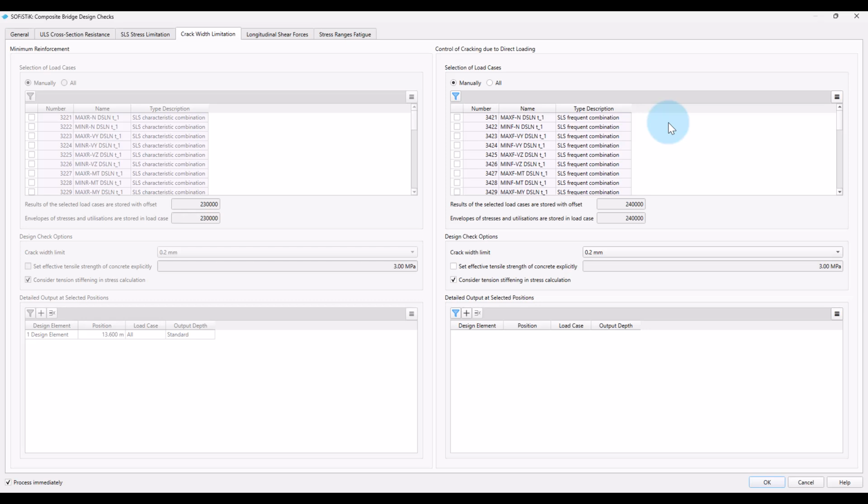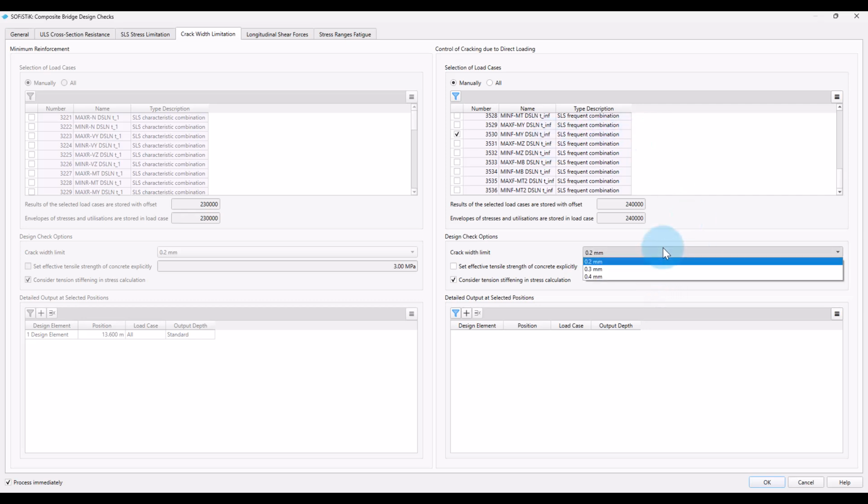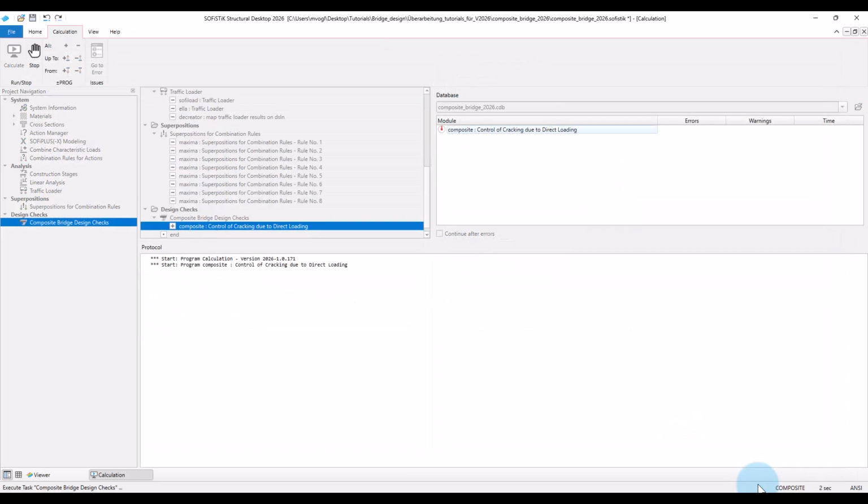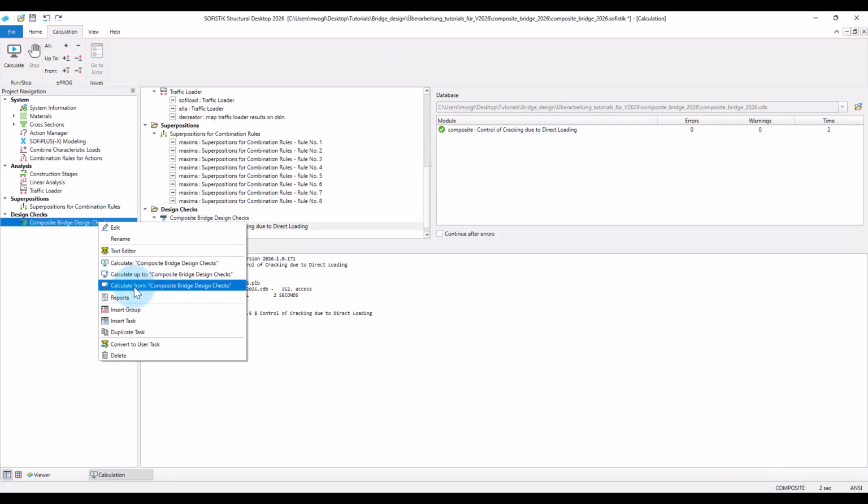So these are the superposition load cases that are offered for the selection. Once again, we select the load case superposed for minimum bending moment My at the end of life cycle, supposed to give the highest reinforcement stress. We once again select the crack width limit and request a detailed output at x equals 13.6 meters. This is where the reinforcement amount changes from the span to the support section. Run the task and take a look at the report.